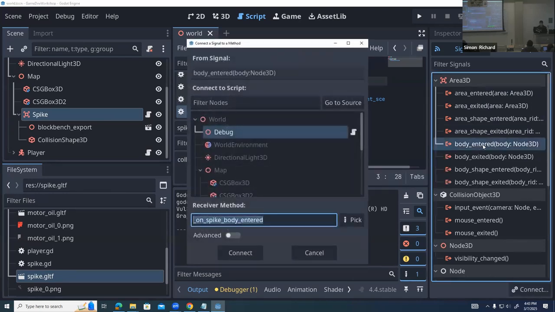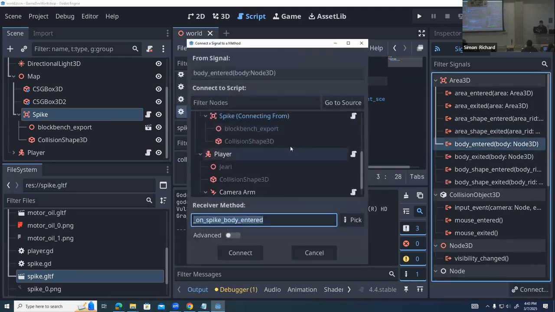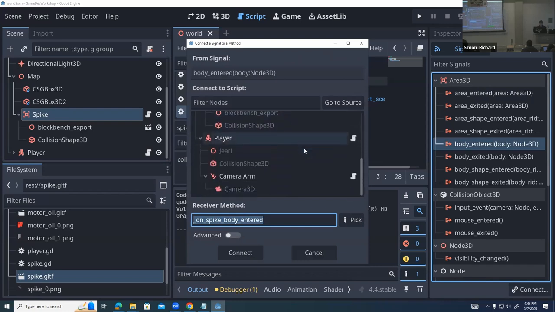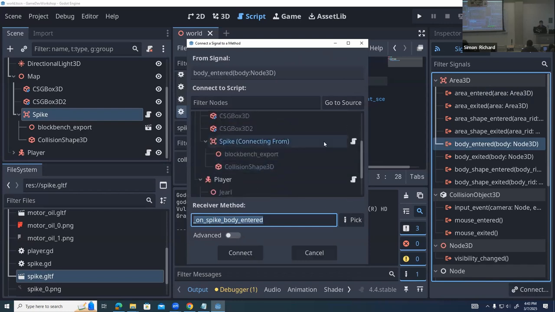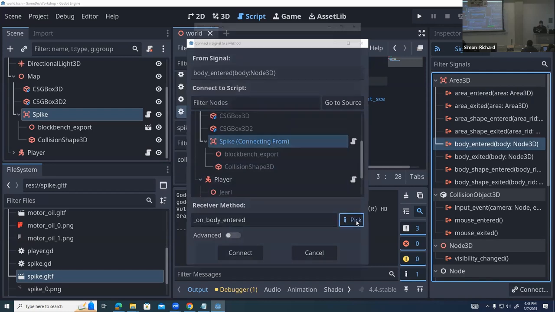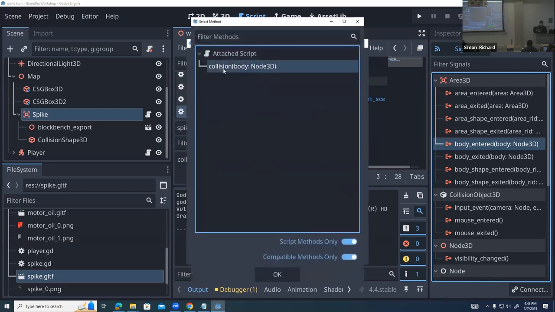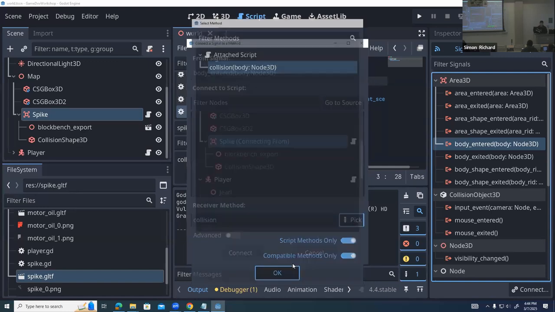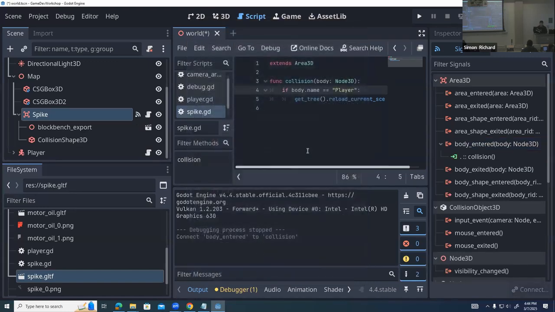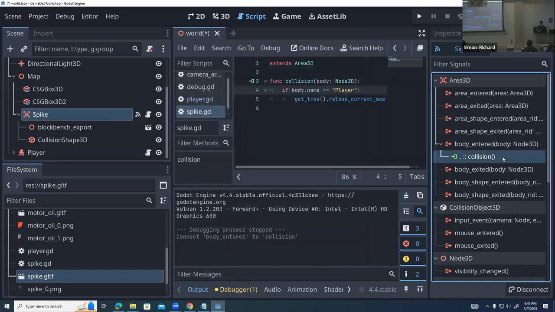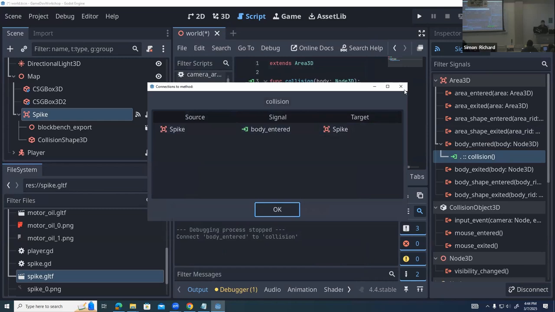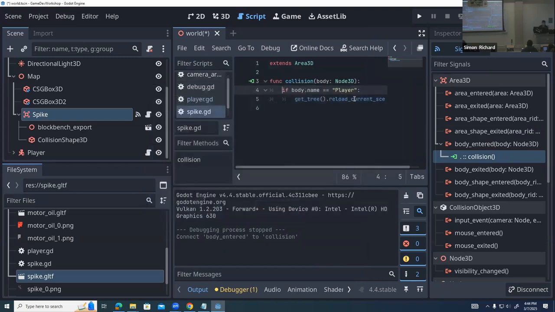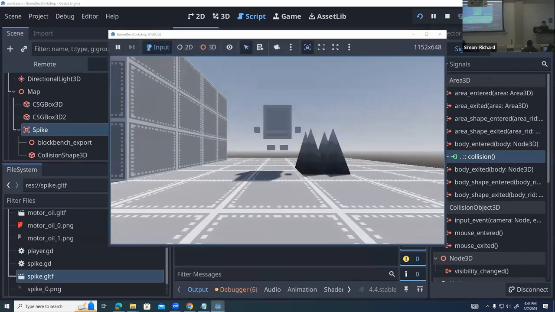So if I double click this, I'm going to scroll down. You can connect this to any script on any object, but I'm just going to choose the spike itself. I'm going to hit pick, and it automatically detected that I have a function that matches the signature. So I'm going to hit OK, connect. Over here, we see that it connected to collision, and we see over here that this has a signal attached to it. So if we run the project,